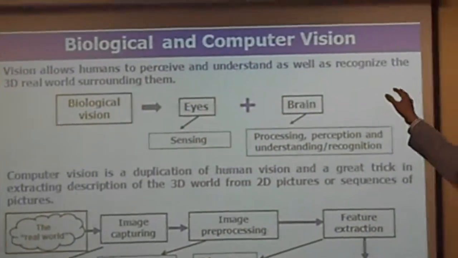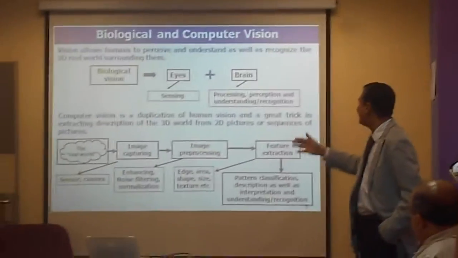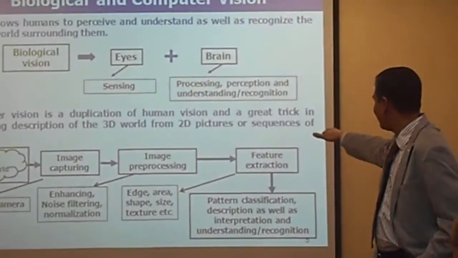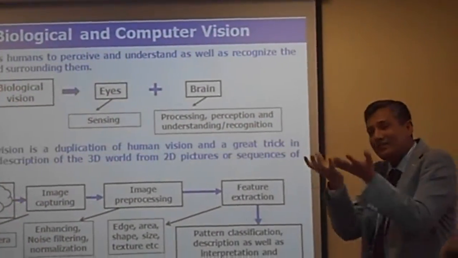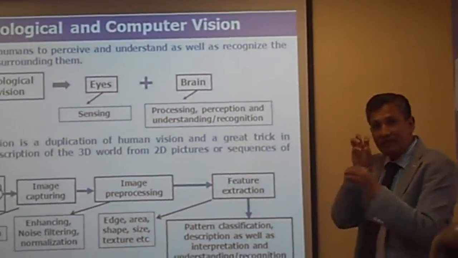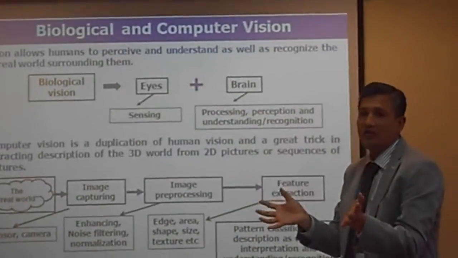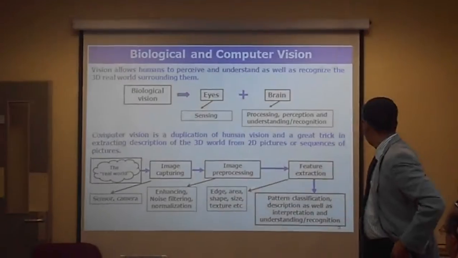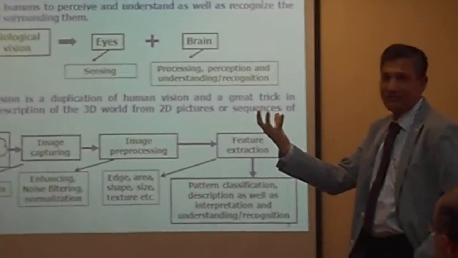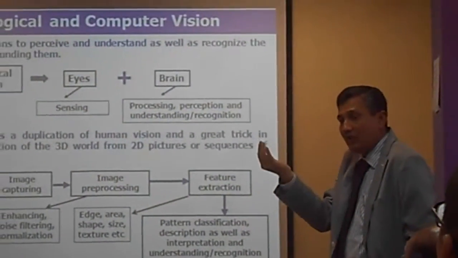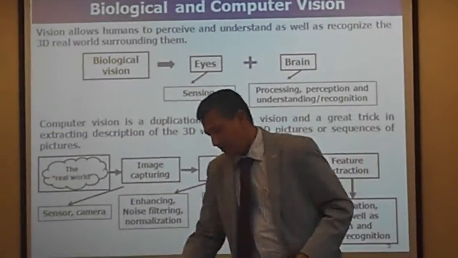So here, instead of our biological eyes, we use a camera, either a still camera or video camera, to capture the image, and the image is processed. Pre-processing means removing the noise or enhancing its quality, and then using some distinguishing features, which are recognizing characteristics, to identify or recognize an object. And finally, understand the image. What is the object? What is inside our captured scene?